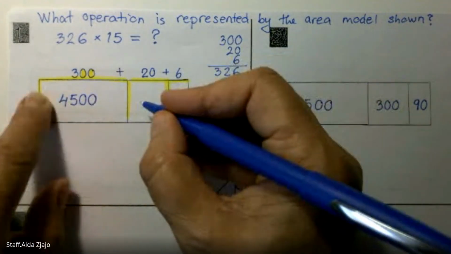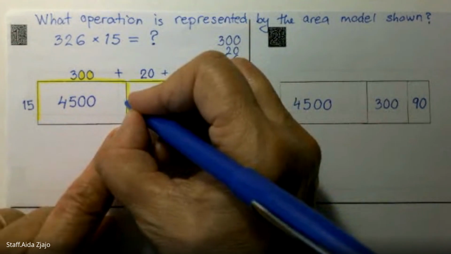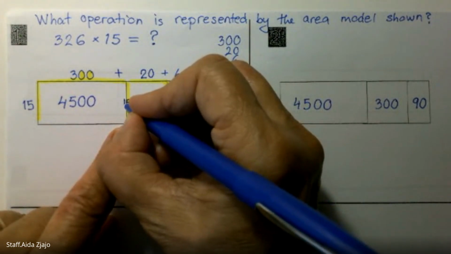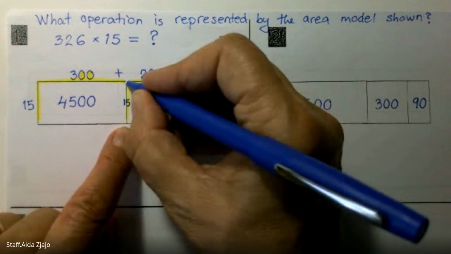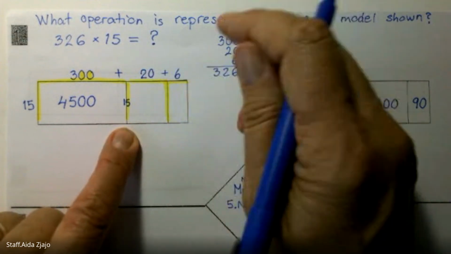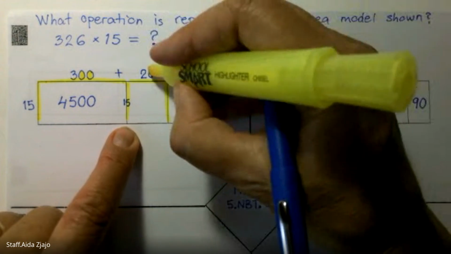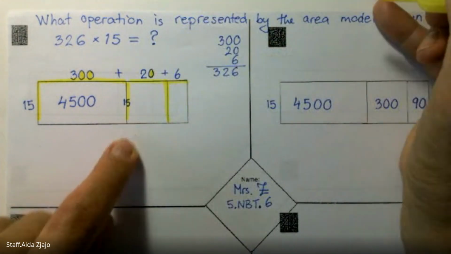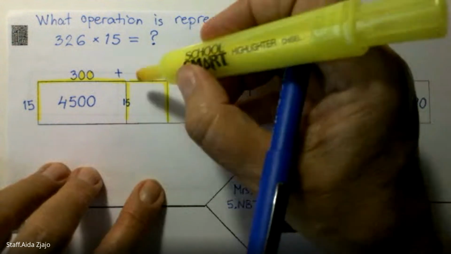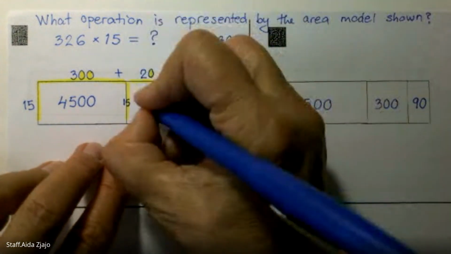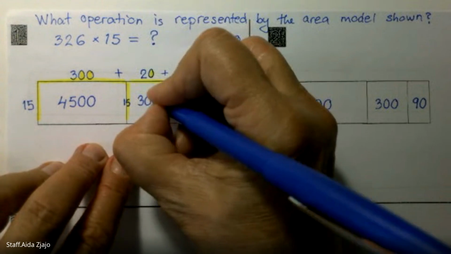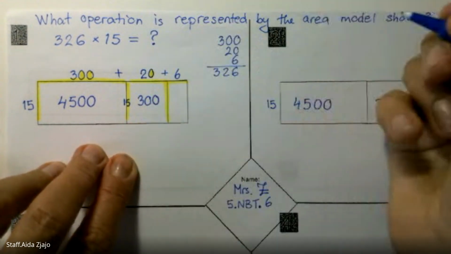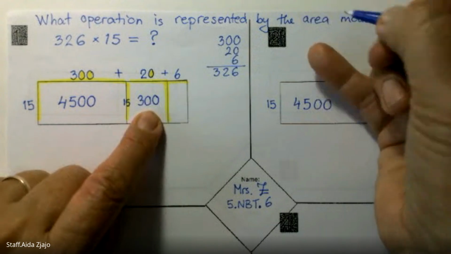Now, this is 15, so is this line here. So if I'm going to work on this area, it will be 15 times 20. Again, this represents 10. 1 zero represents 10. So that means 2 times 15 is 30, and times 10 is 300. Okay. Next